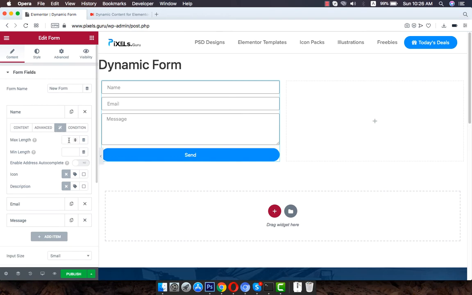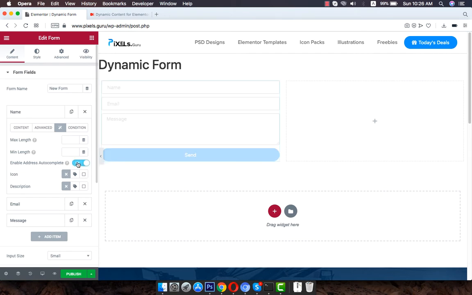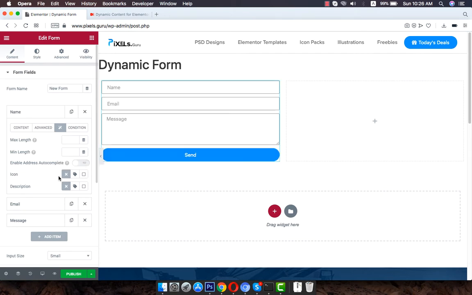Here I can define maximum length and minimum length, and I can enable address autocomplete, which is like a map API. I will have to enable that feature as well to make it work.